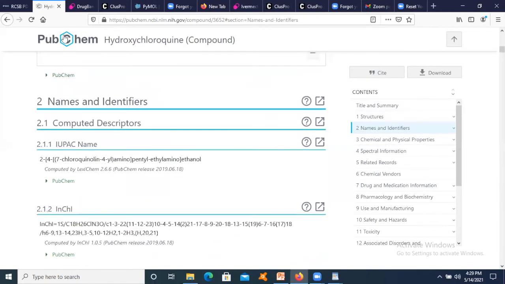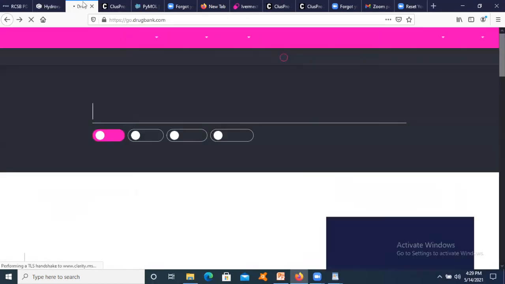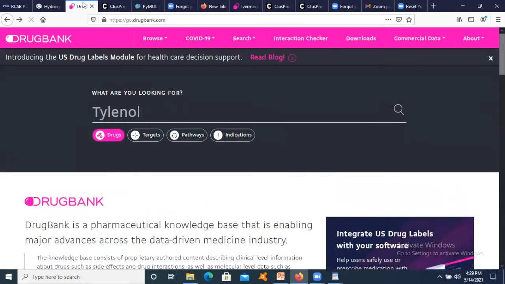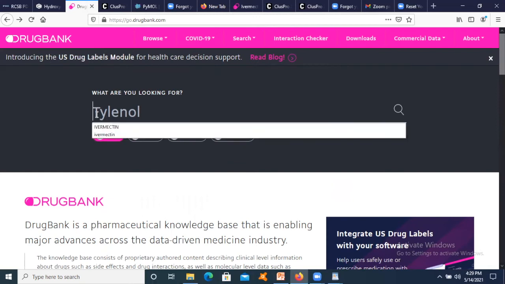Now suppose we want to get some more information on particular compounds, on drugs. We want to look for a few drugs which are already used in the market, but we want some more information on them. We want to consider them for repurposing. Suppose I'm considering here the drug called ivermectin.